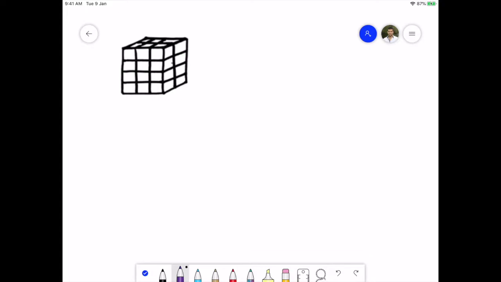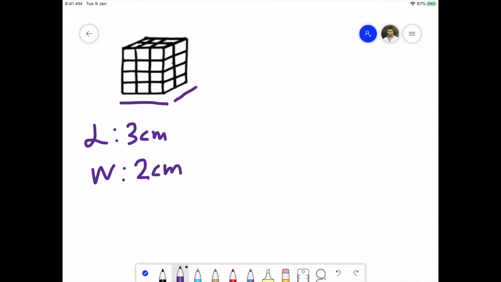three-dimensional shape. If I were to find its dimensions, I can see that the length is 3 centimeters. Each edge is 1 centimeter. The width will be 2 centimeters. And the height will be 1, 2, 3, 4